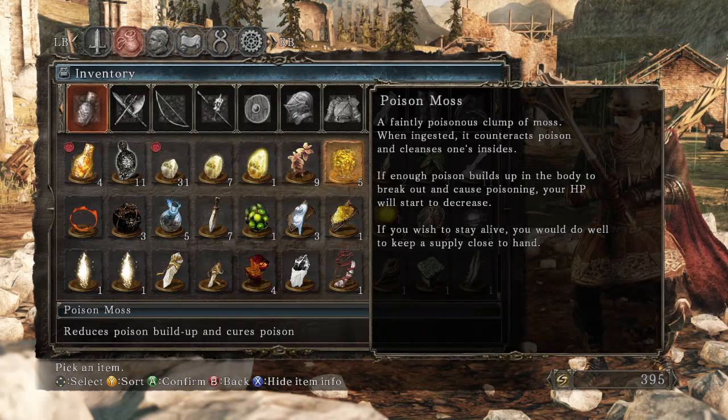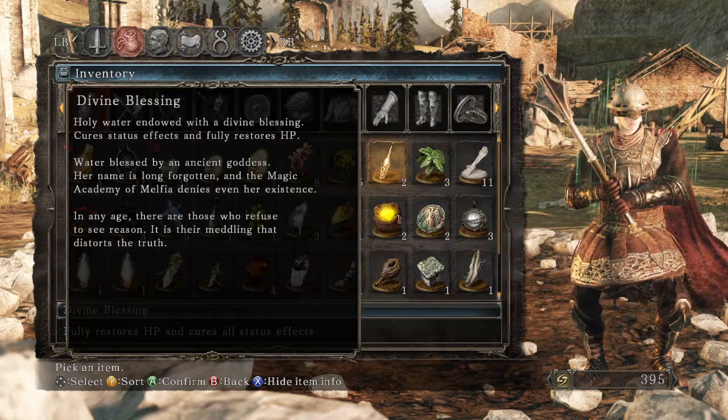It's kind of odd that it says that this moss is poisonous. How would poisonous moss cure poison? That doesn't make much sense, does it? I mean, it's not like a vaccine or anything. That doesn't really make much sense, but